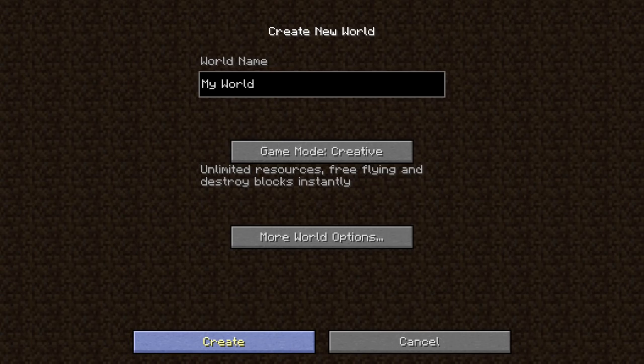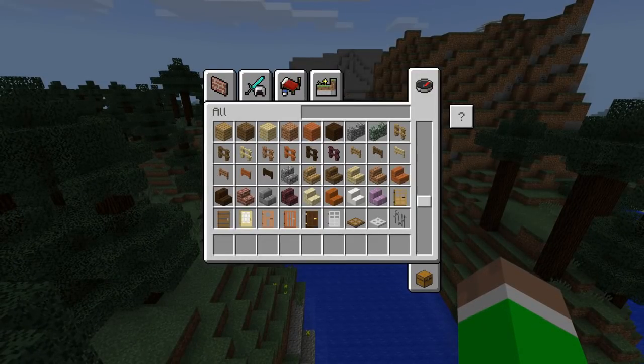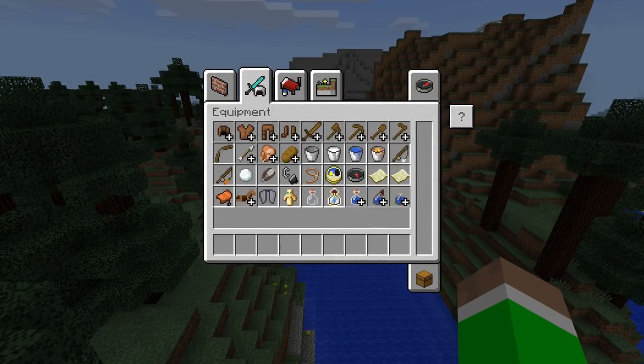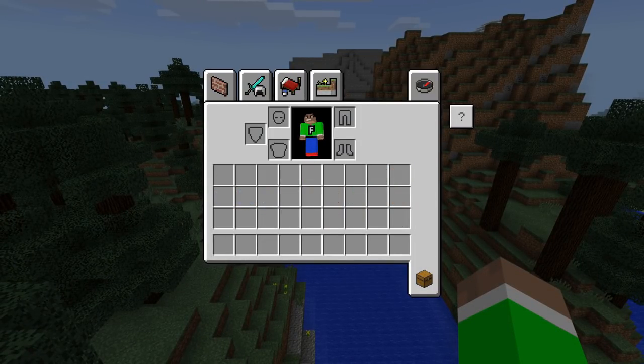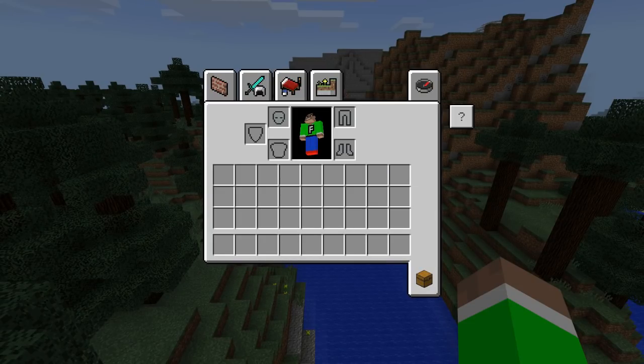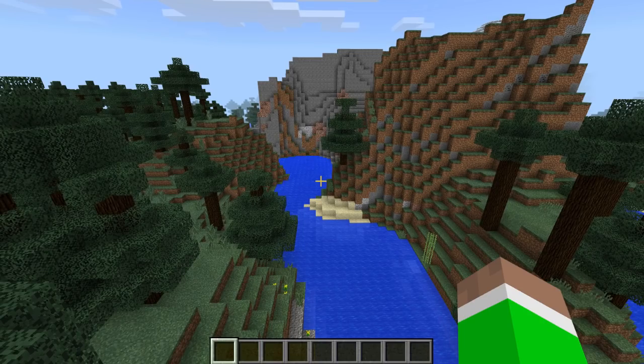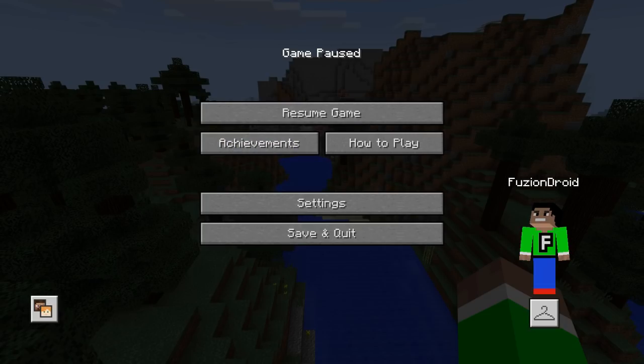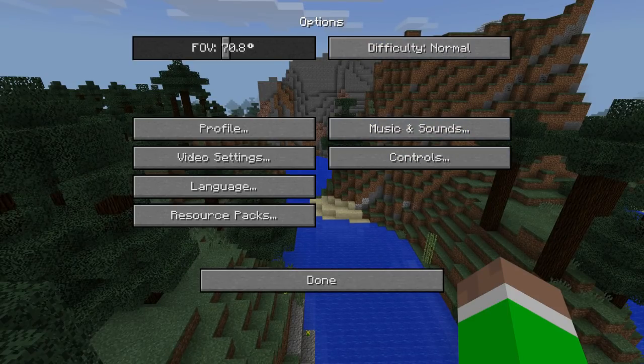I'm pretty sure there's like new sound effects as well, which I'm not going to be showing you guys. Alright, so let's go ahead and open up our inventory, and I think this is actually a little bit different. So we have this right here, pretty cool, and this is just to kind of show you how to play Minecraft if you want to. But if we do pause the main menu right here, obviously as you can see a big difference, it's changed. We can go into our settings right here, and as you can see, that actually looks so neat. I actually like this